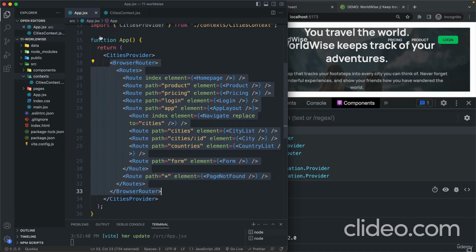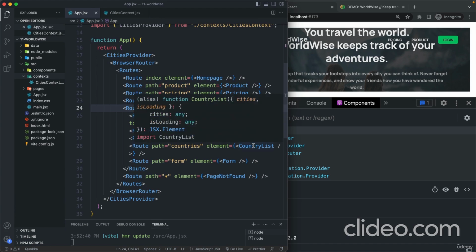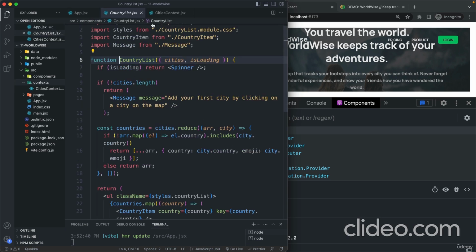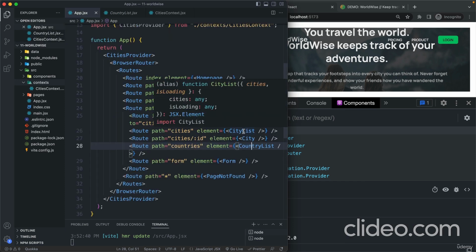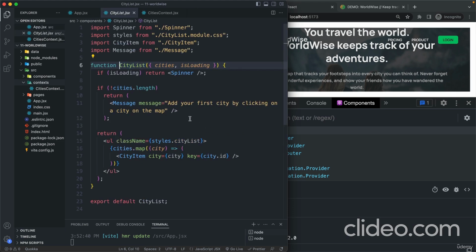and then all we need to do is to export that here and import it wherever we need it. So that was, I believe, in the city list and country list. So we can just control or command click here. So that will then open up that file. So the country list and the city list. And of course, you can also open them directly here from the components folder. Okay,